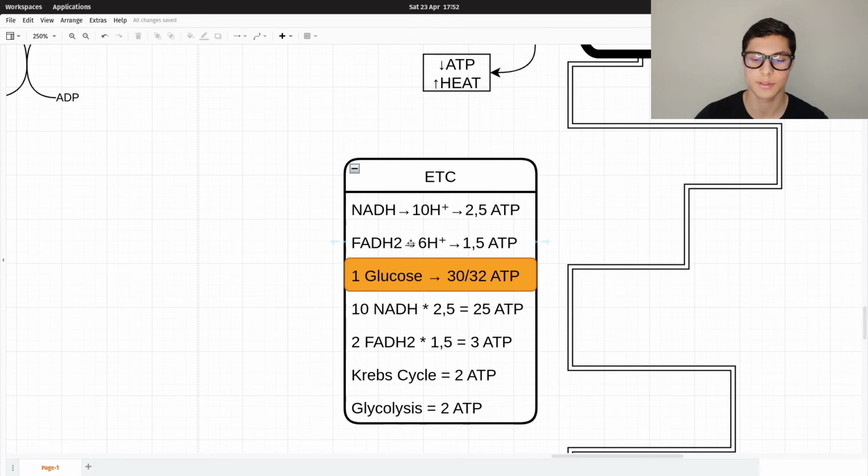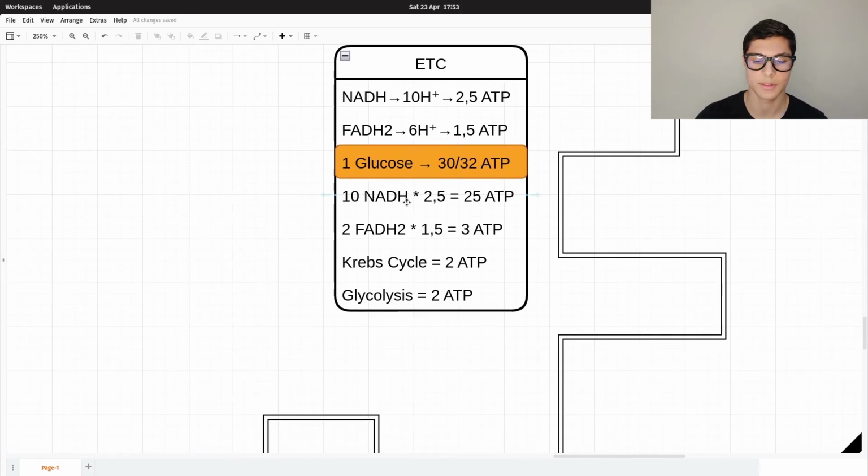The FADH2 skips the complex number 1, and complex number 2 doesn't pump out protons, so we only get the protons out from complex number 3 and number 4, which are 6. And as 4 protons are needed for creating 1 ATP molecule, we can say that 1.5 molecules of ATP are created from 1 FADH2. Okay, so if we recap, 1 glucose molecule creates 30 to 32 ATP molecules, 10 NADHs